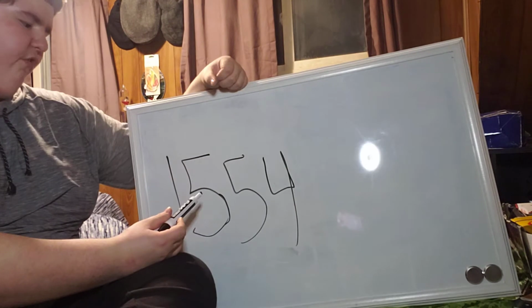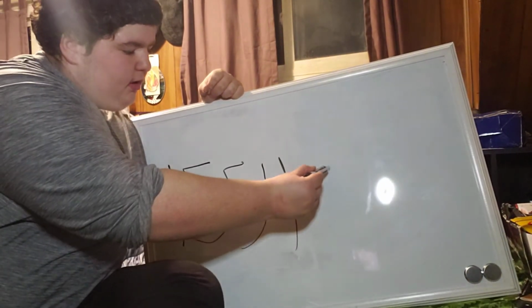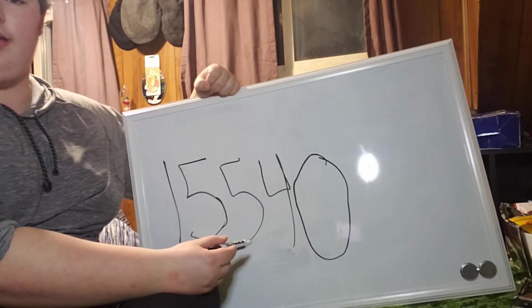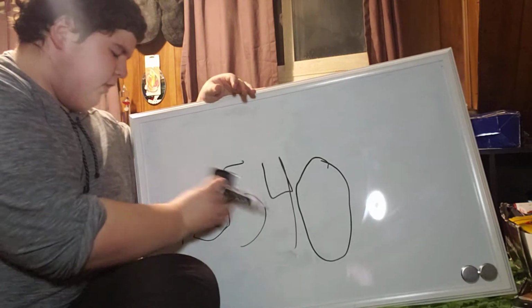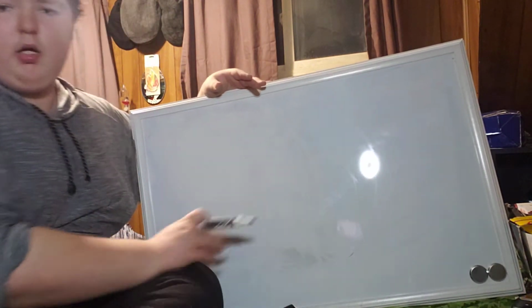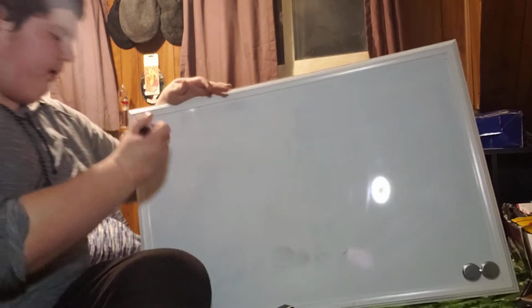No matter what it is, 1,554. If you're doing that times 10, go to the complete right of that number, just put a big old 0 there. And then you'll have your answer, times 10. Now, that's the way it works with any sort of 0. If you have any number times any number with just a 1 and a bunch of zeros, like